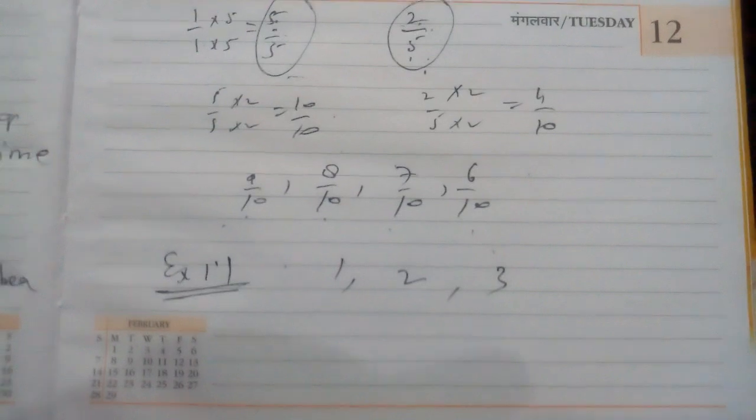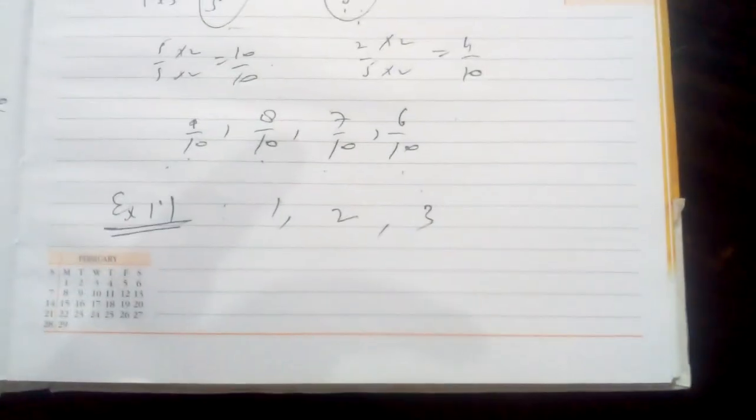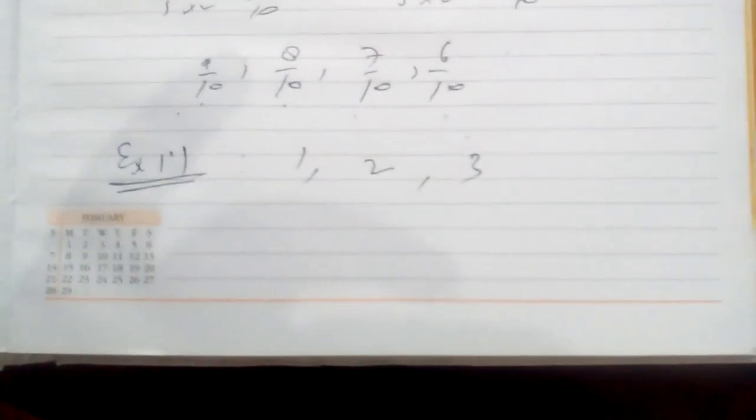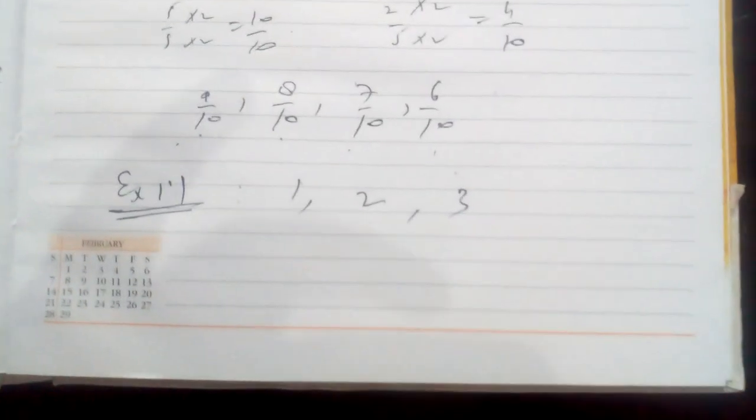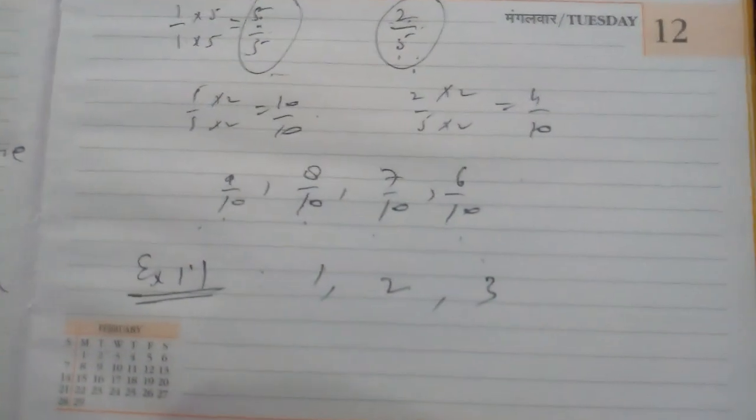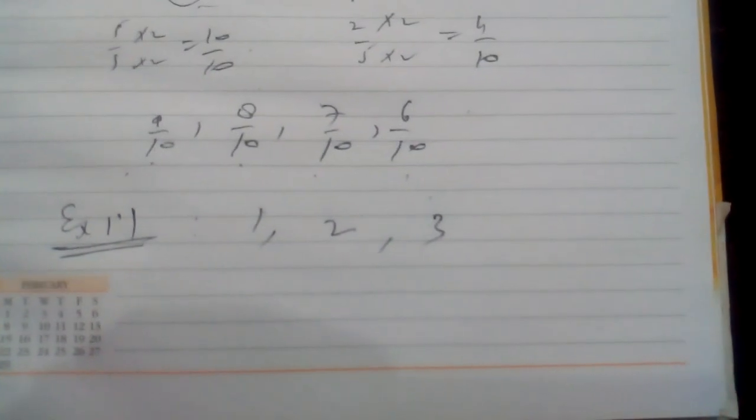Question number 4 is given as true or false. Every natural number is a whole number. Why is it not true? Because yes, every natural number is a whole number. It is true, though some of you will say not. But why is it true? True because all natural numbers start from 1, and whole numbers start from 0. So every natural number is a whole number. It is true. All the numbers 1, 2, 3,